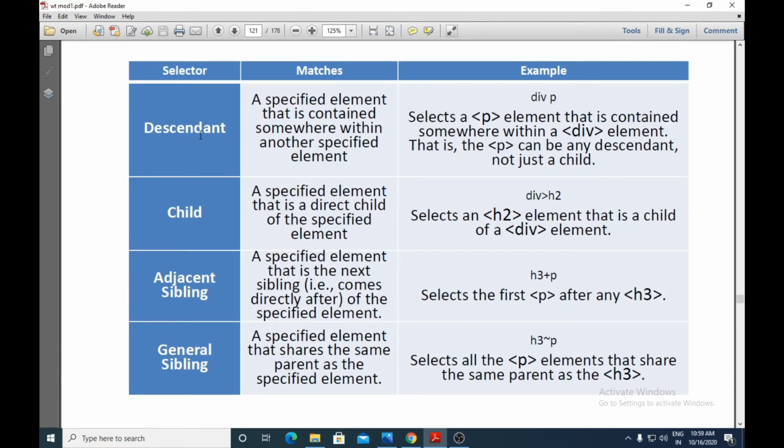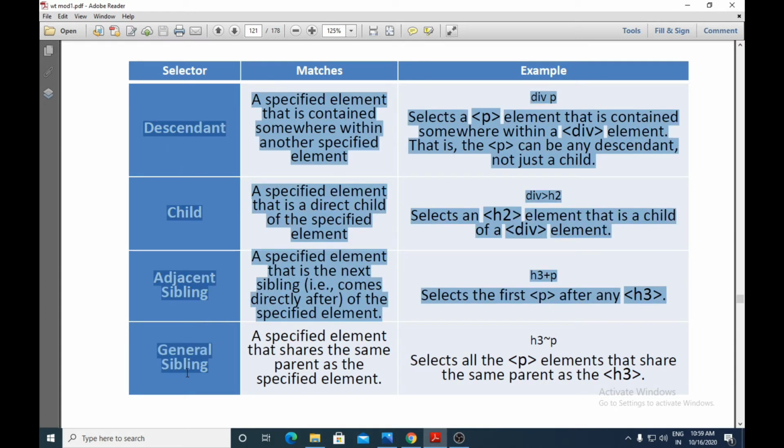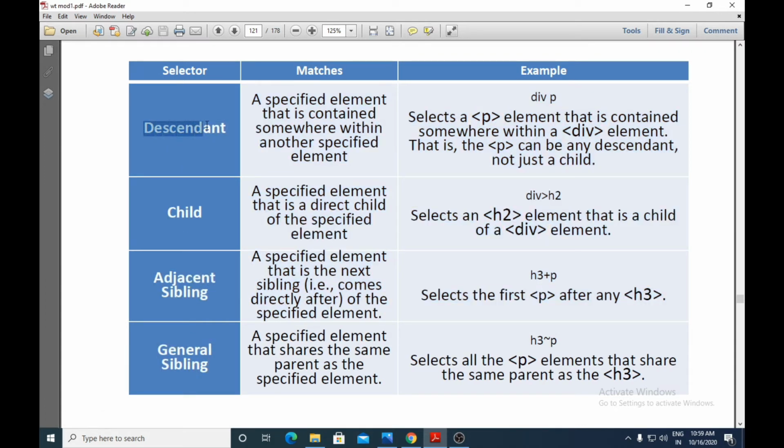Out of these four, the mainly used one is the first one, the descendant selector, and the remaining three are infrequently used.